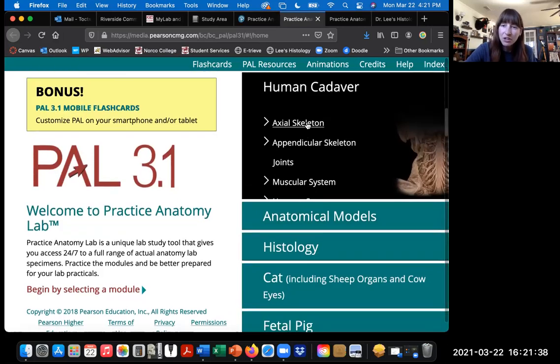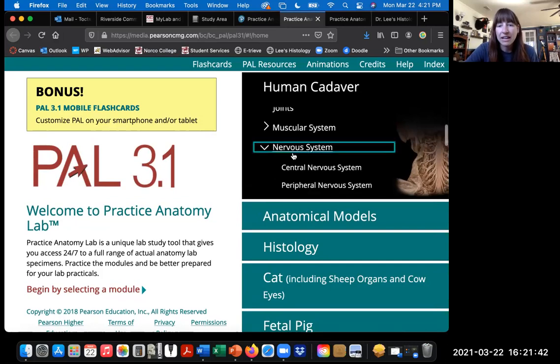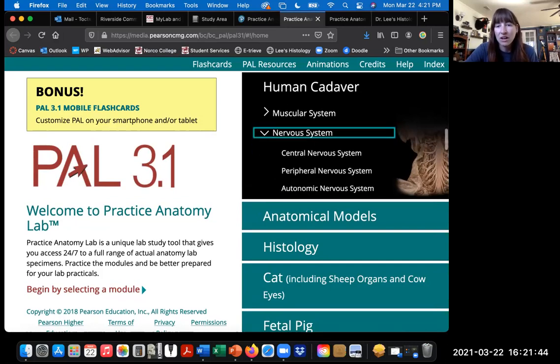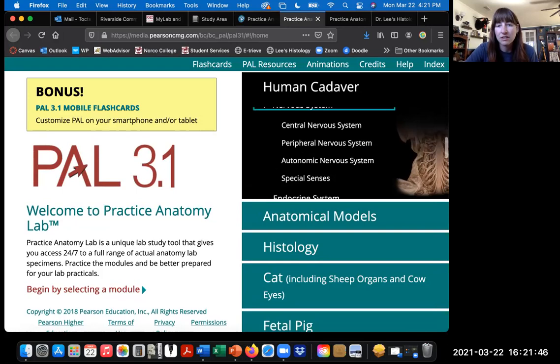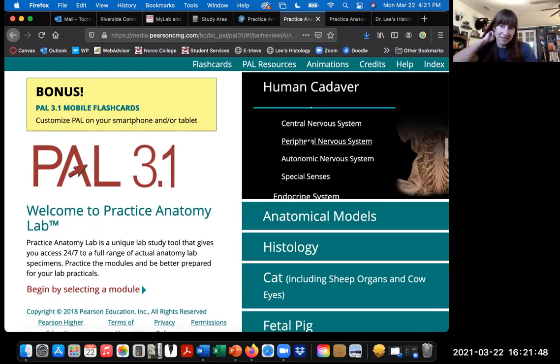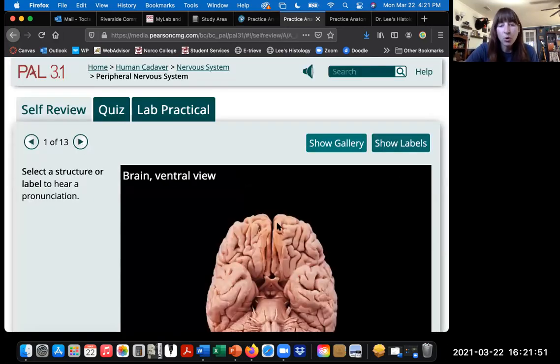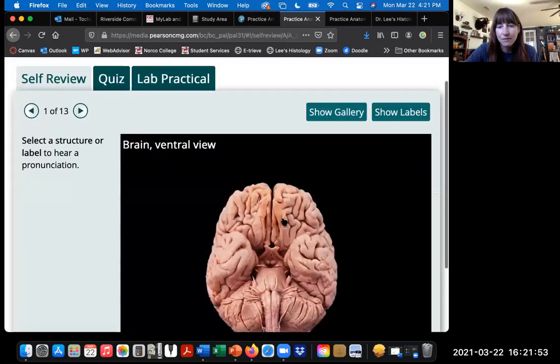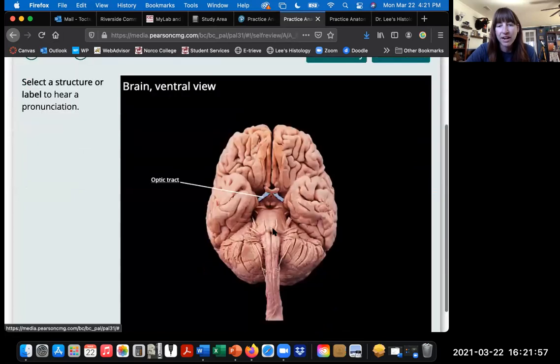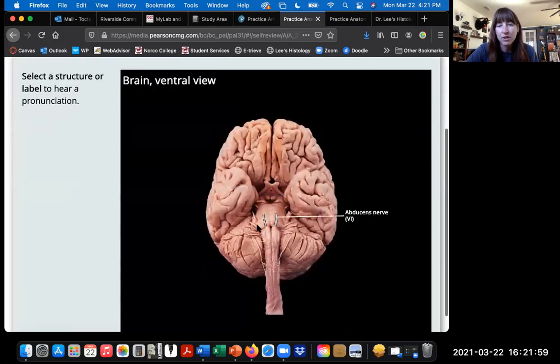So there is a little bit of human cadaver stuff in Pearson, which is pretty cool. If we are to look at the nervous system, you have a bunch of choices here, which is pretty awesome. It's basically a slideshow with a little bit of interactivity, right? So you can kind of identify, so we're identifying cranial nerves here, which is actually pretty awesome. So this is a pretty cool